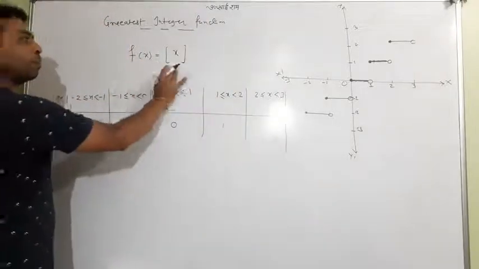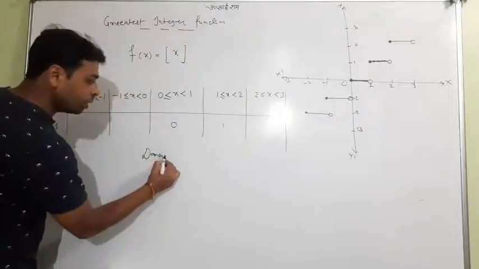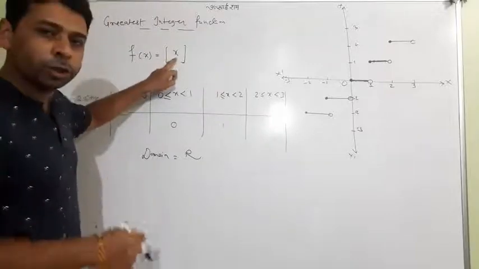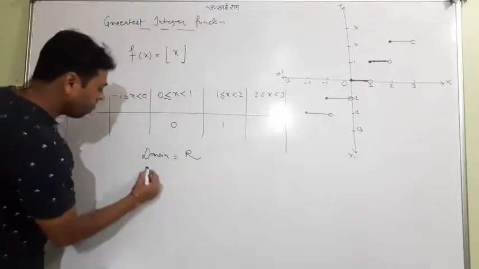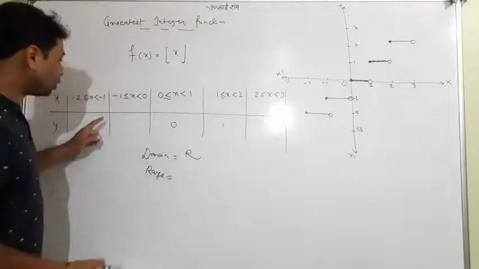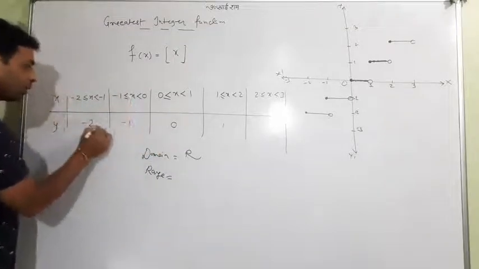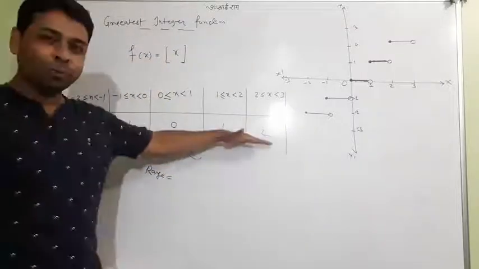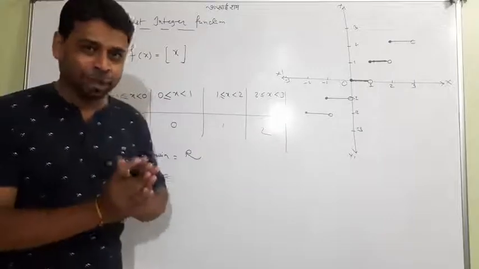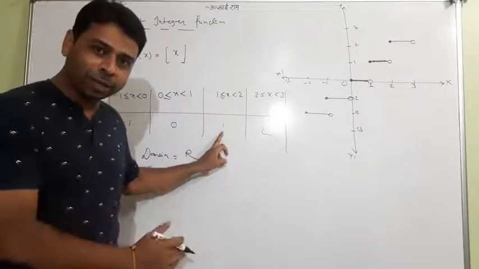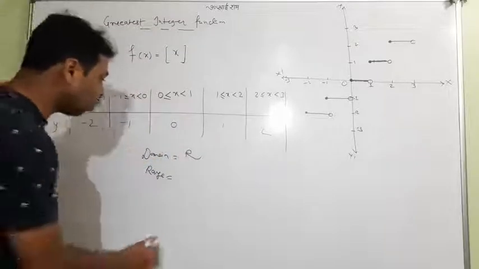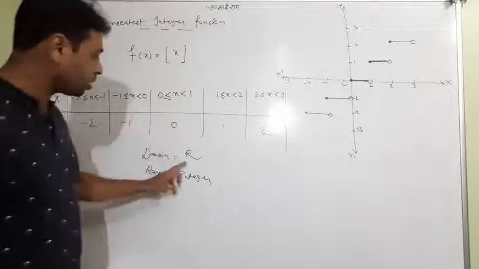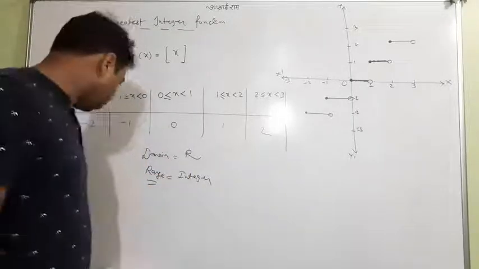And again, what is the domain? Instead of x, you can put all the real numbers: 0.1, 0.2, 0.3 and so on. But about the range, very interesting. The range will be -1, -2, 0, 1, 2. When you see the range, y, you will see all the integers. You can't get 1.1. You will get either 1, 2, -1, -2, 0. So the set of integers is the range, and for the domain you can put all the real numbers. So this is an interesting function.